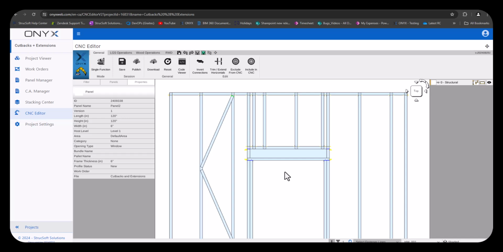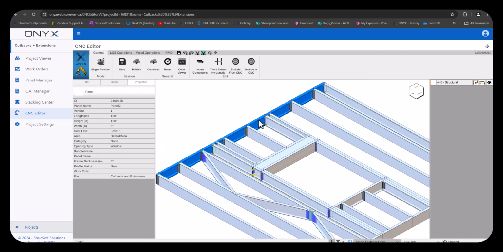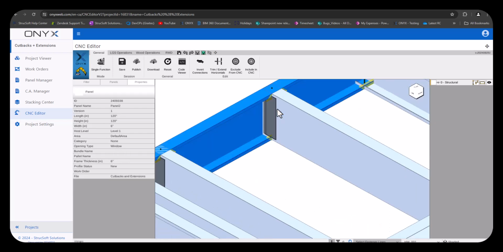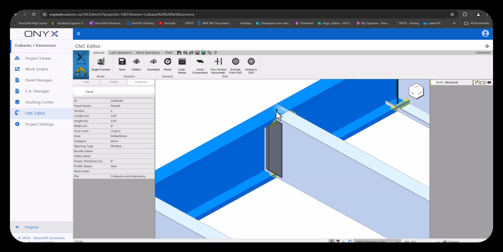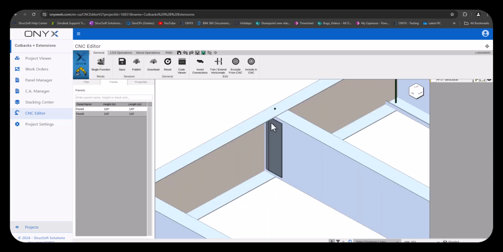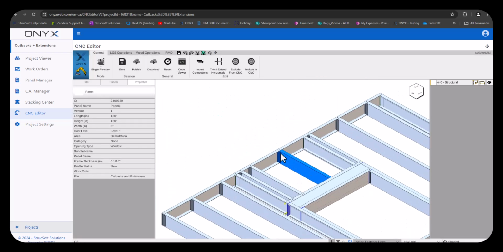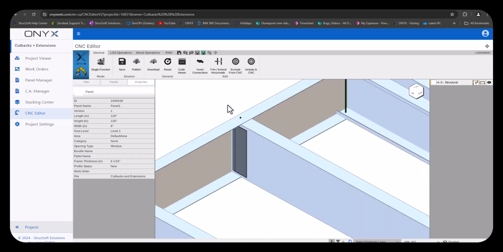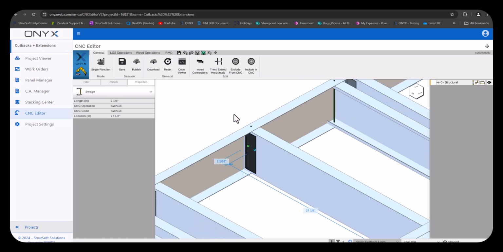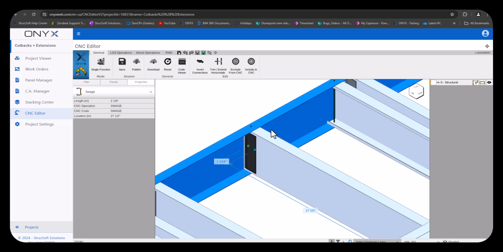Another thing which will determine which type of operation is placed for your members is whether the member is a track or a stud member. In this case, we have a stud to stud connection, which means we have a lip notch operation along with a dimple. In panel 1, we have track members which are intersecting stud members, so a stud to track connection. And you'll notice at the top of this, or where the connection is placed, we have a swage and a dimple in this case. So if we have a track to stud connection, we'll expect to see a swage and a dimple, and if it's a stud to stud connection, we'll have a lip